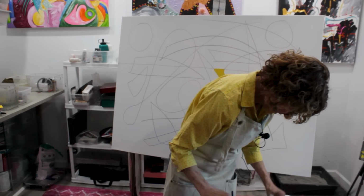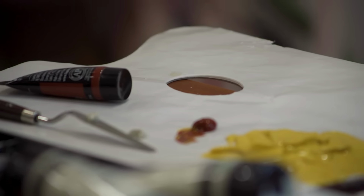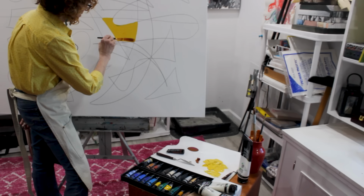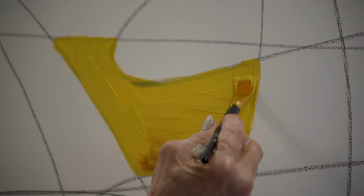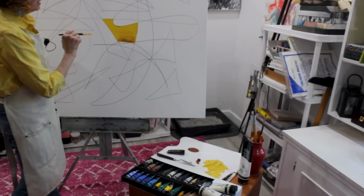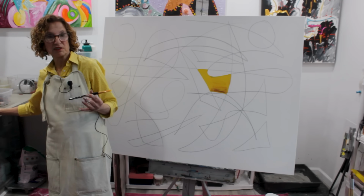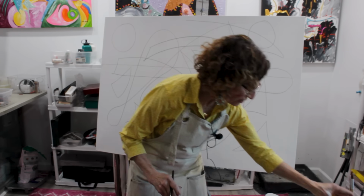So let's take this, which is burnt sienna, and let's see what happens here. So what's happened, adding the burnt sienna, is that I've created a really nice sense of something that has a painterly quality. In other words, it's not screen printed. It has a foreground, it has a background, and let's actually put